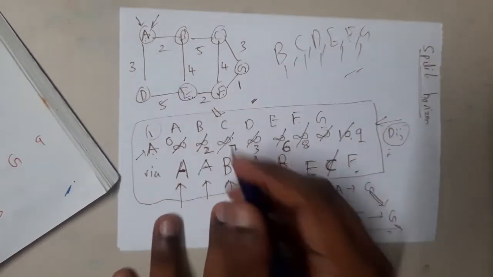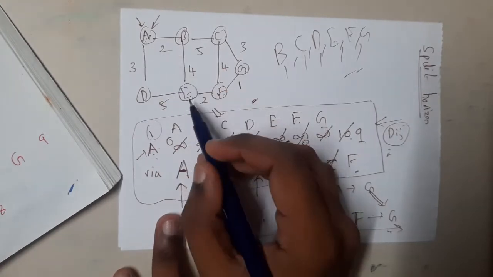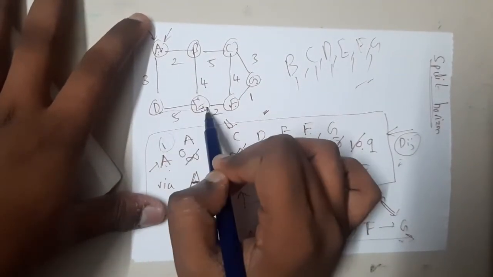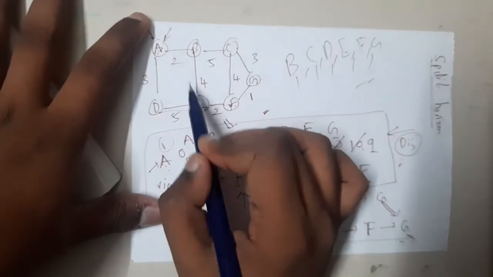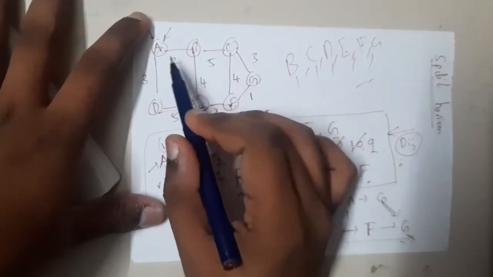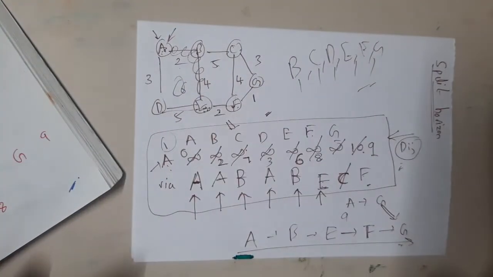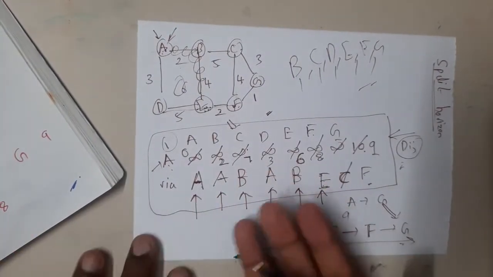So if someone asks me how I can go from A to E, I will check. With this path I can go with 6, with this path I can go with 8, with this path I can go with 7 plus 4 plus 2, which is really long. So I can conclude that I will go from here to here with the cost of 6. That's it. So the problem is done. But who will use this algorithm? No one will use it.